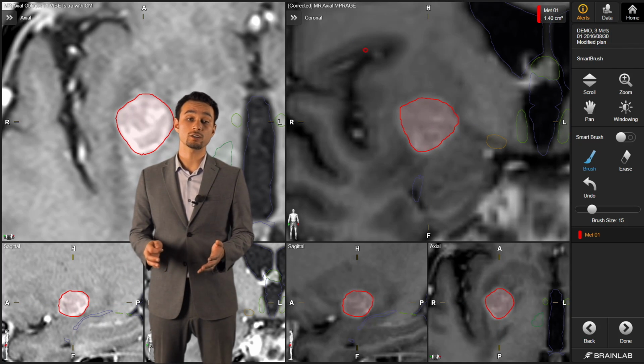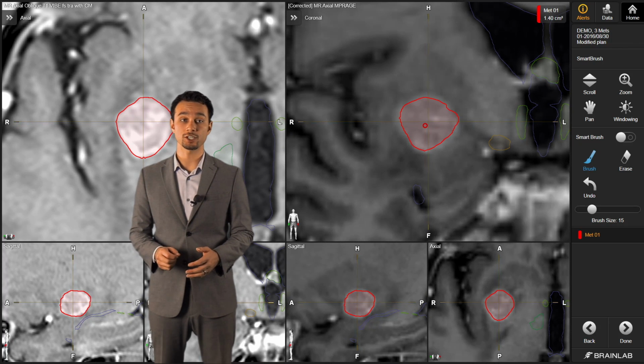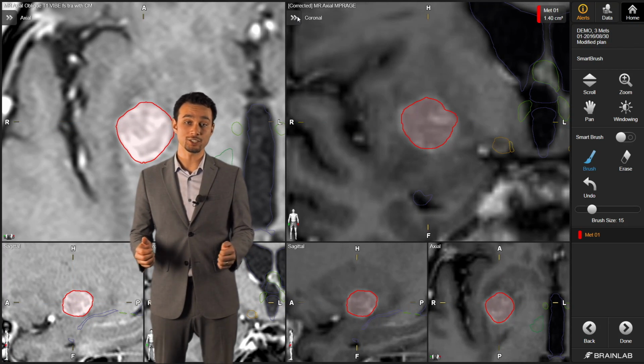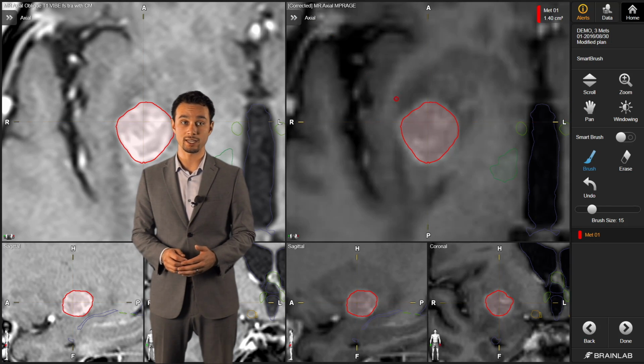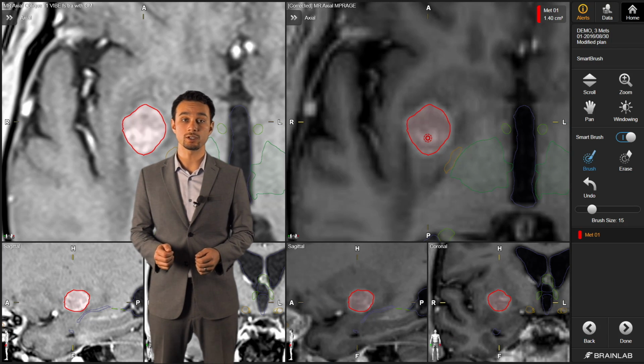Keep in mind, if you're contouring on reconstructed views, you may see a little bit of jumpiness in your adjustments because you're limited by your slice thicknesses. Our recommendation is to pick a plane and stick with it, go through every single slice in that plane for your final result. If you're happy with your final contour, you can go ahead and click on the Data tab,